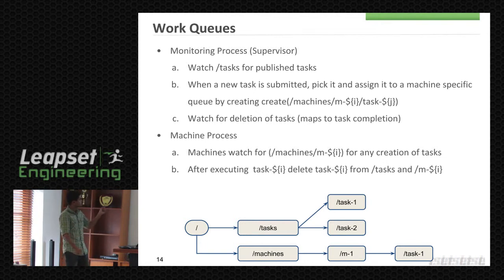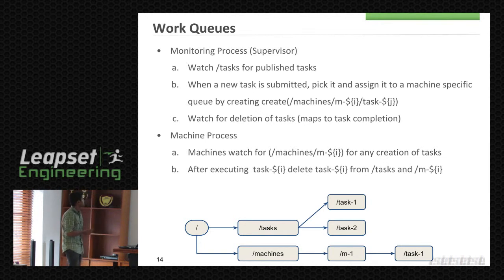Whenever a task is assigned to the M1 node, it will get informed that it has a new task to execute. It will execute that, and afterwards it will delete the task 1 node from both places. The monitoring process or supervisor will then know that the task is completed, and it can do whatever it likes, maybe inform the task creator.